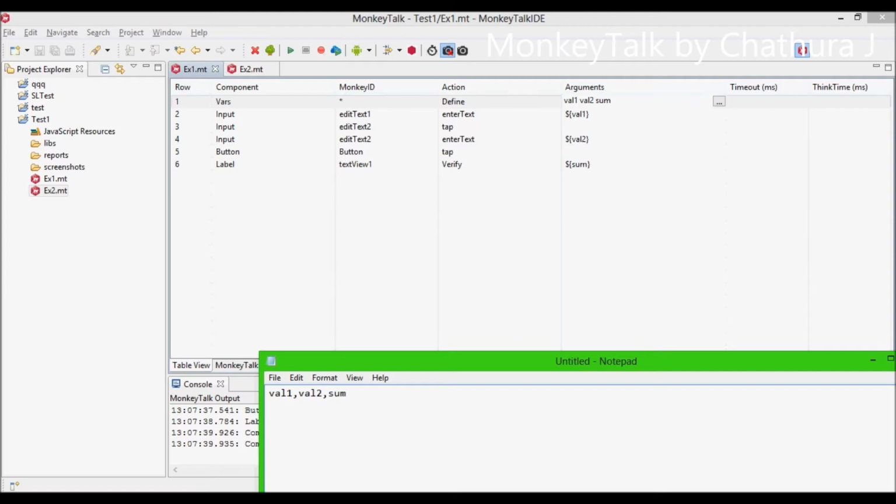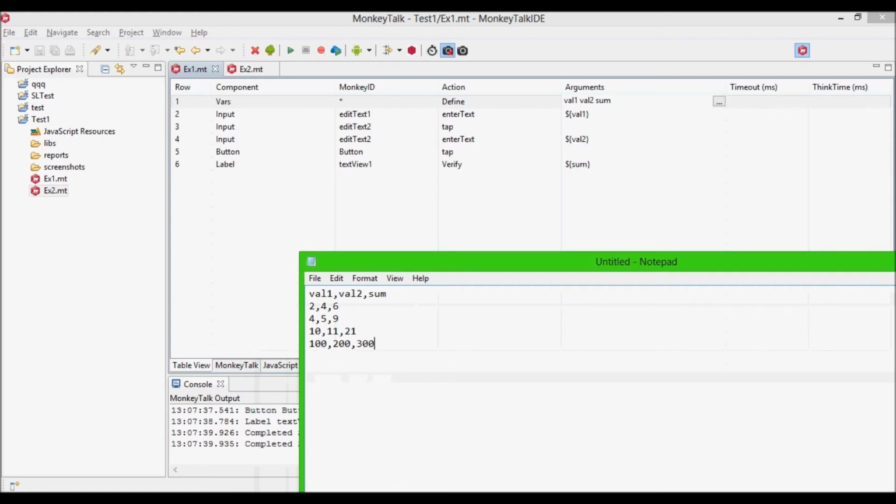I'll be adding 2 3 6, and 4 5 9, and again 10 11, it's 21, right? 21, then 100, 300, and sorry, 200 and 300. So this is my data file. At the moment I have this kind of data.